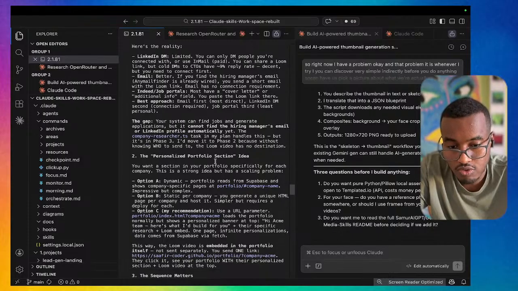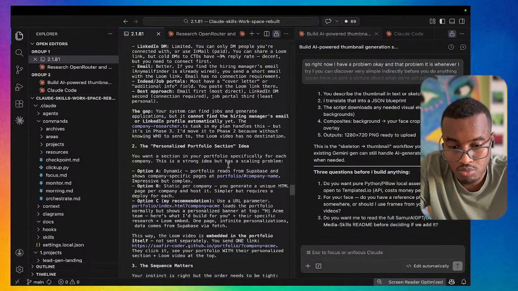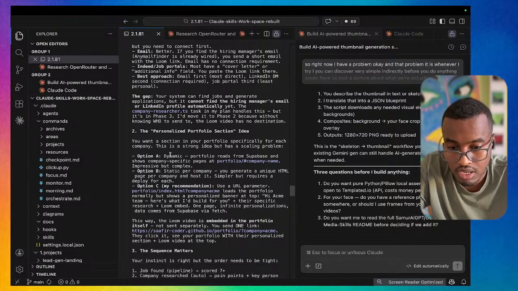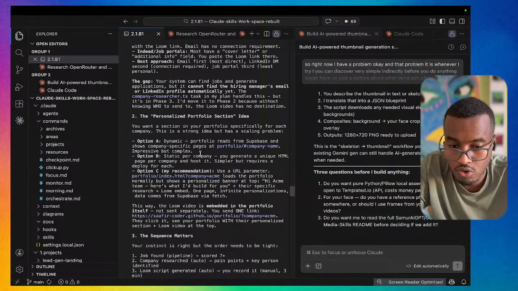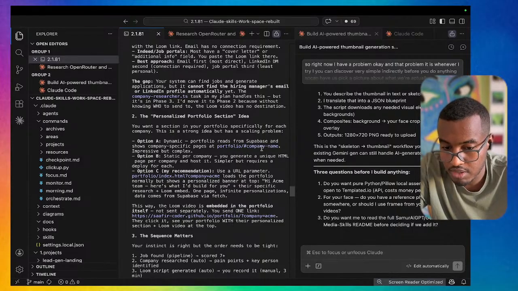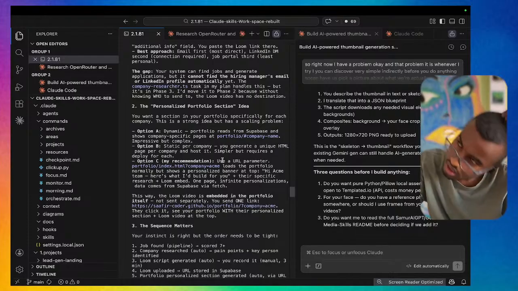The personalized portfolio idea: you want a section in your portfolio specifically for each company. This is a strong idea but has a scaling problem. Option A: a dynamic portfolio reads from Supabase and shows a company-specific page. Portfolio slash company name, impressive but complex. Okay,